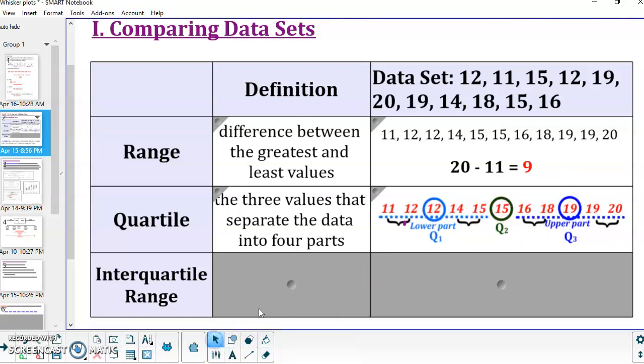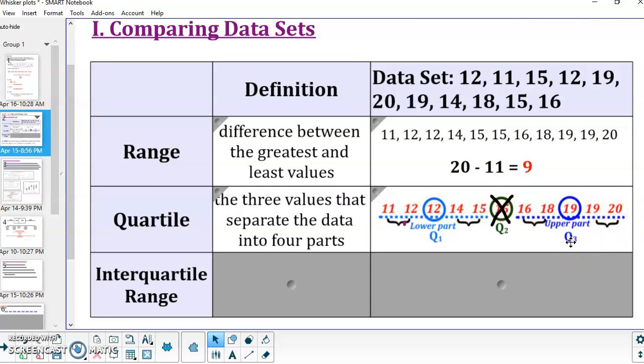Now here I have 5, 6, 7, 8, 9, 10, 11 pieces of data. So because that's an odd number, my median, I'm going to exclude this when I am trying to figure out my upper and my lower parts. So I'm going to exclude that middle number, and I'm just going to look at these 5 numbers below and 5 numbers above,